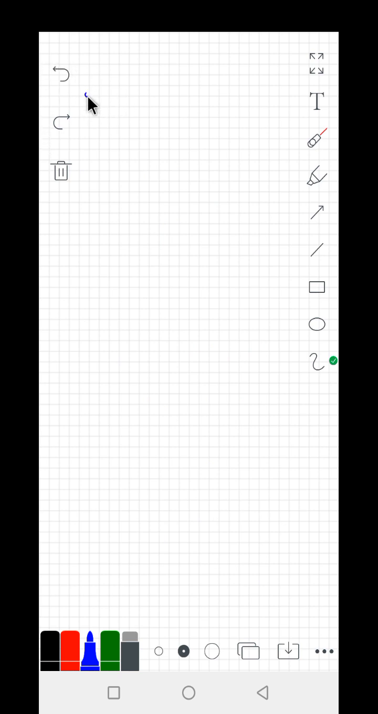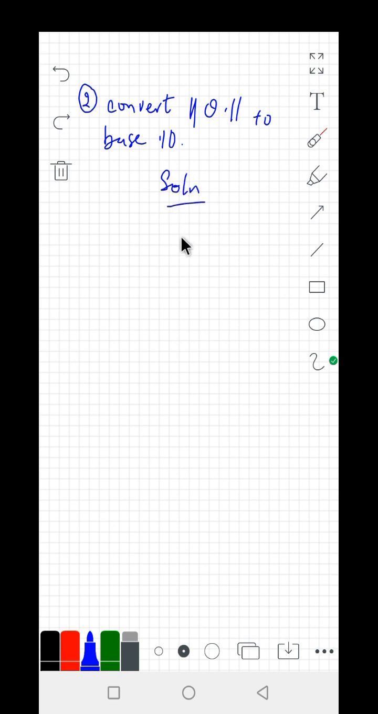So the second example, convert 110.11 to base 10. Okay, so let's solve it still using our method. So this will be 110.11